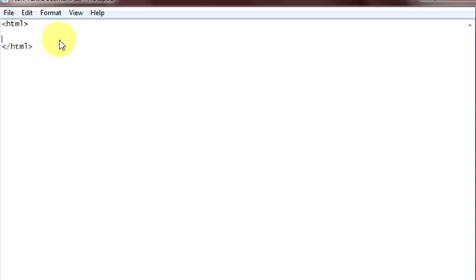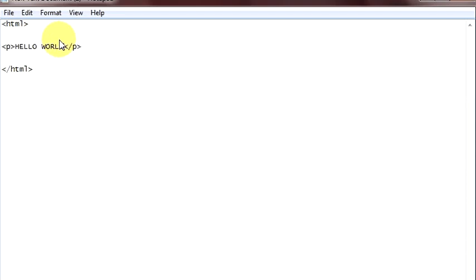So this is your whole HTML page. Whatever you want to display on the website should be written over here. So let's begin with p. p stands for paragraph. Whenever you type p, the browser takes it as a paragraph. So here you can write whatever you want, for example,